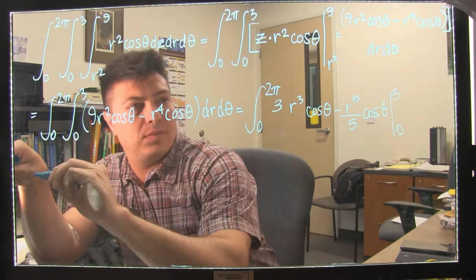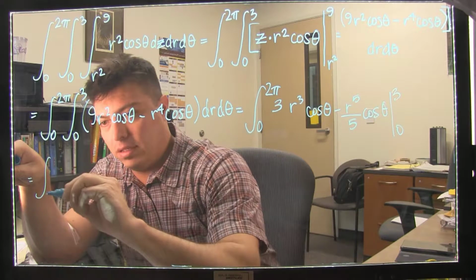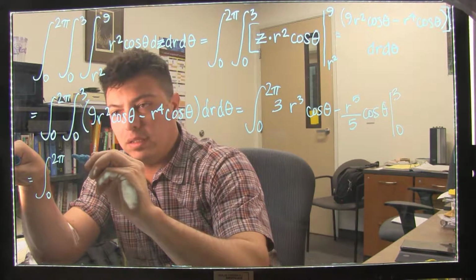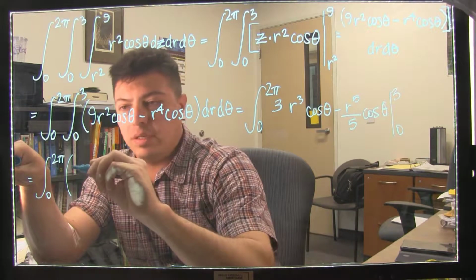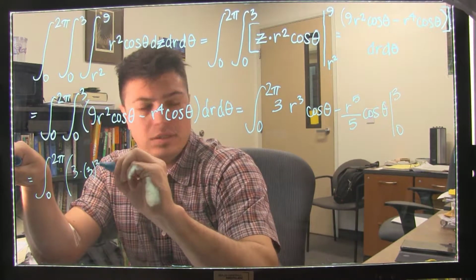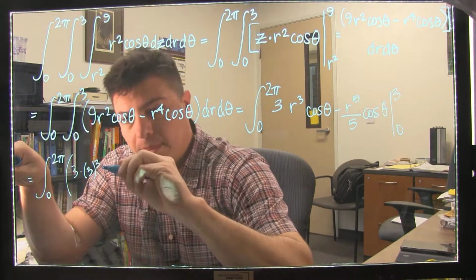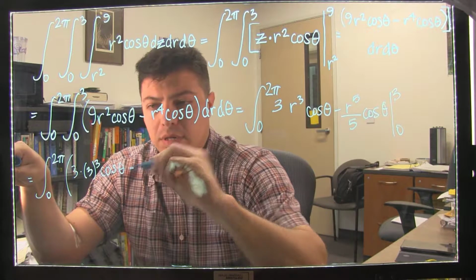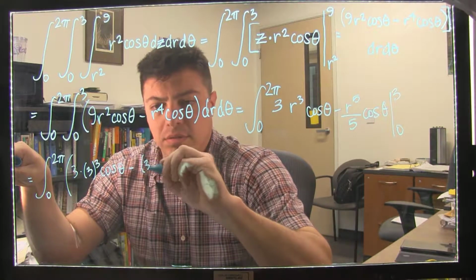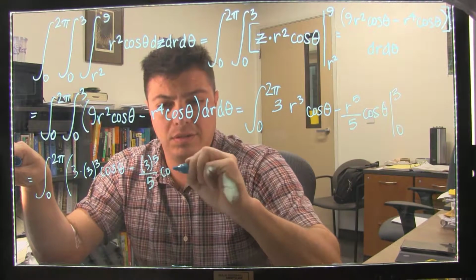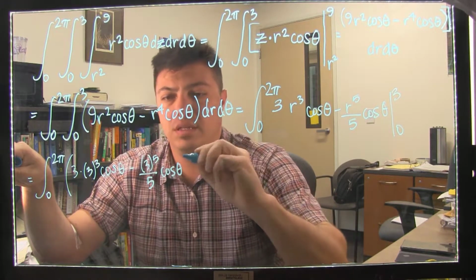So we're going to be left with 0 to 2 pi, and we got 3 times 3 cubed cosine theta minus 3 to the 5th over 5 cosine theta